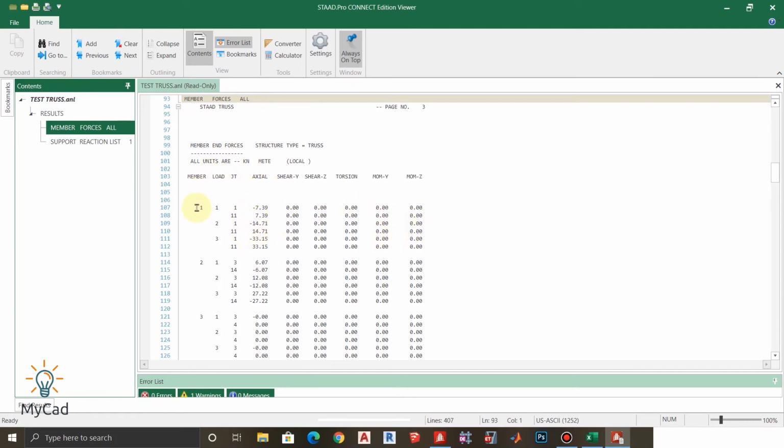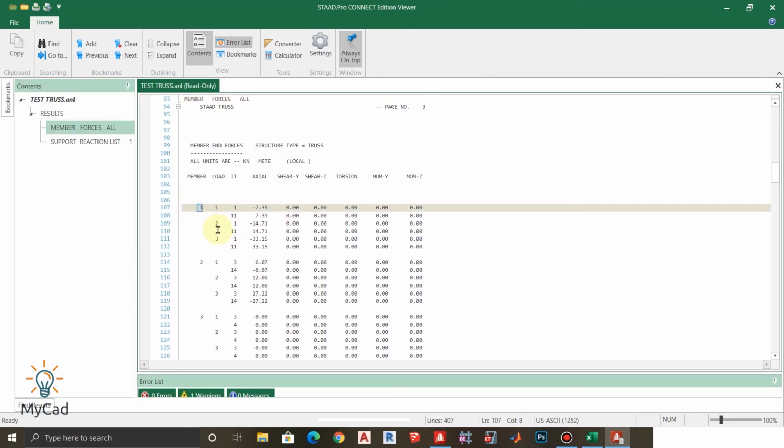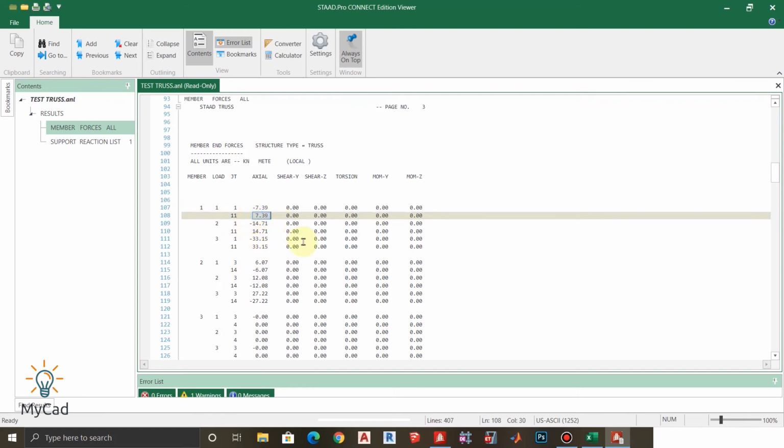Now each member and each load case that we have defined will be shown here. You can see for member number 1 and for load case 1, that is the dead load, our node 1 is having this much kilonewton of load and node 11 is having this much kilonewton of load.